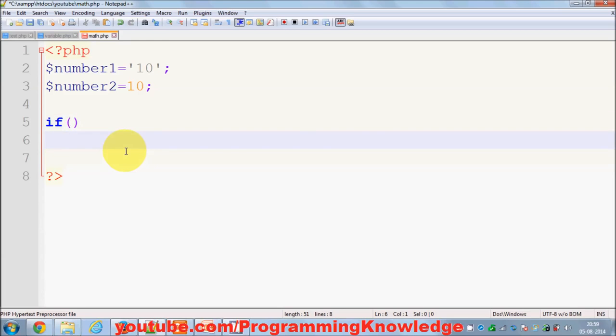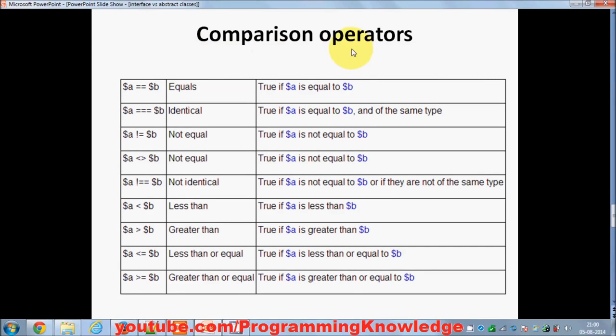So I've shown you the basic skeleton of this if statement is like this. Let's see what are the conditional comparison operators and the logical operators we can use with this if. So these are some of the comparison operators you can use with the if statement. In the last video I've shown you how to use this. So if a is one variable and b is another variable, you can compare the equality of those two variables like this. You can just give two equal signs and it will check whether these two variables are equal or